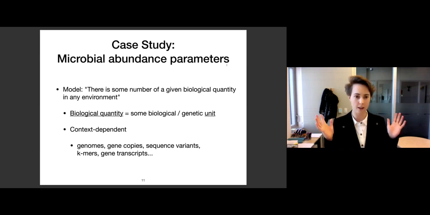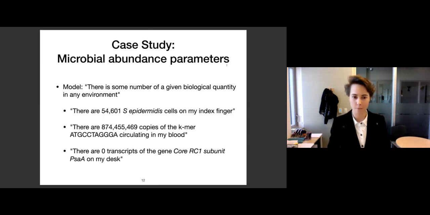Okay, so we've got different biological units, and there's some quantity of each of those units in any environment. Let's give some examples. I could have 54,601 copies of this common human skin commensal organism, Staph epidermidis, on my right index finger. That's part of this model for the universe. I could say there's 874 million copies of this length 11 k-mer circulating in my blood. That's consistent with this model. We could also say there are 0 transcripts of this particular gene, the core RC1 subunit PsaA, on my desk. This is a cyanobacterial